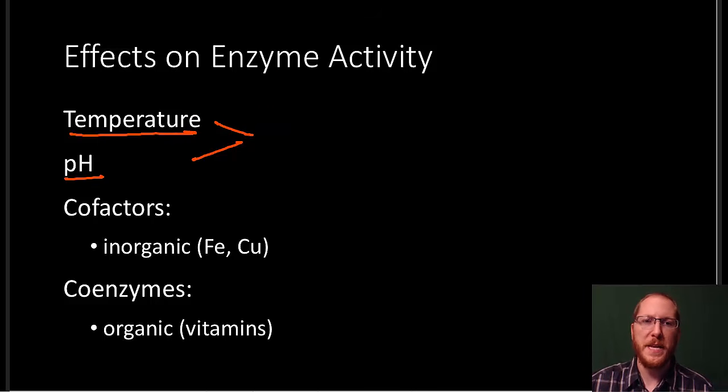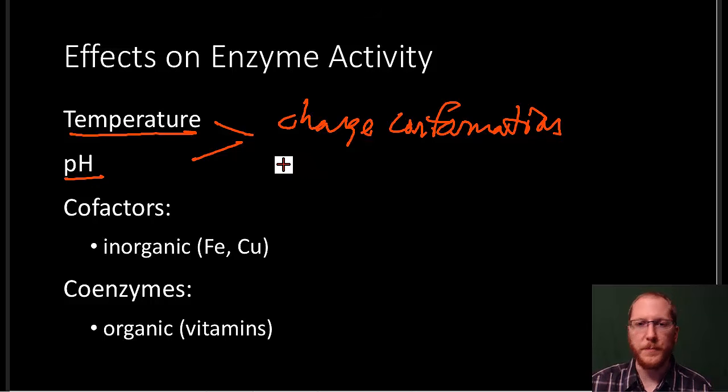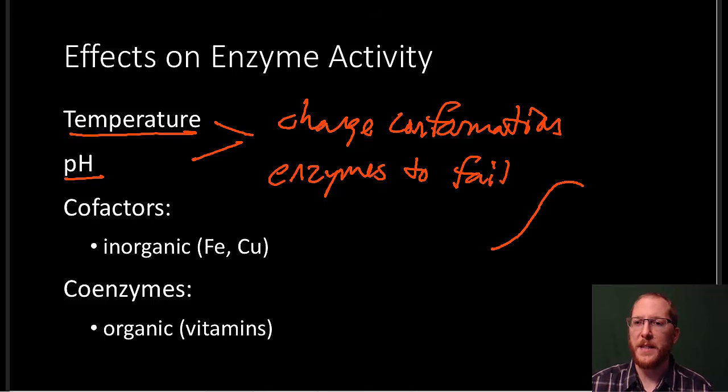So when temperature and pH are able to change the conformation of your proteins, your enzymes, that can ultimately allow your enzymes to fail. Now, initially, you'll see, and I'll show you on the next slide, there's kind of this rough bell curve type structure. It's not always a perfect bell curve, where as things get colder, it gradually diminishes in how well it works. When it gets hotter, it's usually a little steeper as to how it starts to fail. But there will be periods where it works just not as well. And there will be these periods where it's like the optimum,